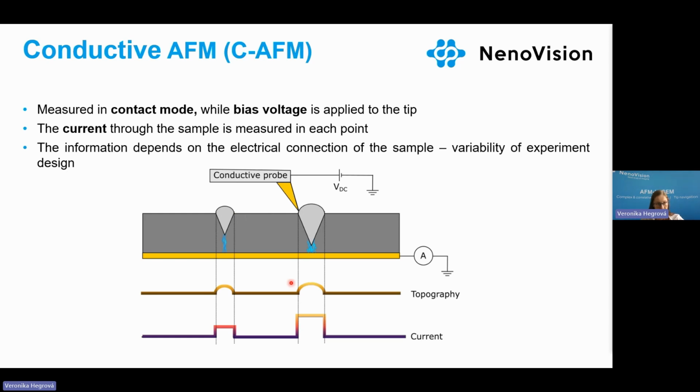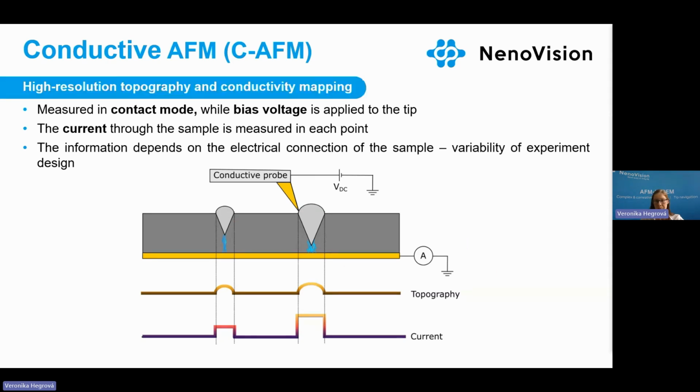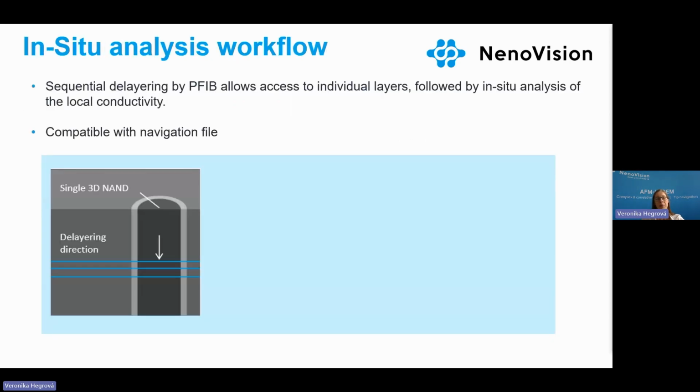and the sample. So that's why it's very crucial to understand where we set up the electrical connection, because otherwise it can change the experimental design very much. So this is the way how we can do the high resolution topography and conductivity mapping. And what you will see in the next